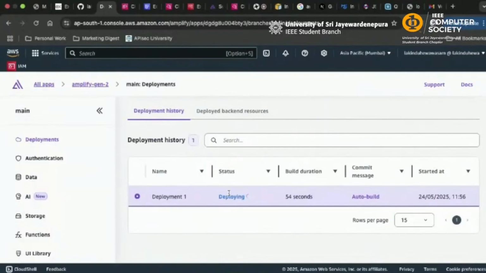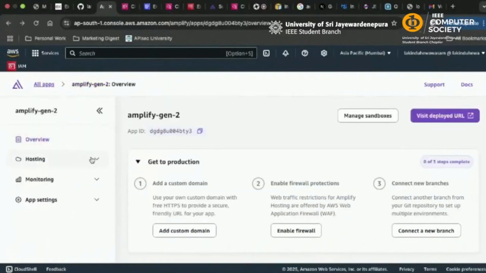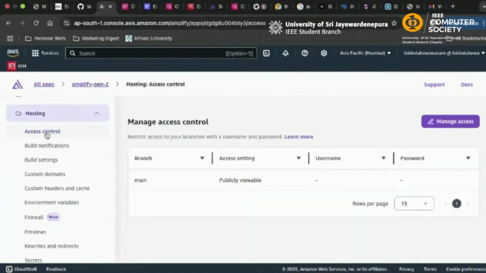So the first deployment phase takes about 10 minutes because it has to provision all of those same resources that we just did. But until it deploys, I'll walk you through all of what I told you. So hosting, access control. Now, say you have development, staging, production environment. Production should be accessible to all users, right? But do you want your dev environment to be accessible to everyone? It can contain bugs, it can contain new features you're working on. So what you can do is manage access,